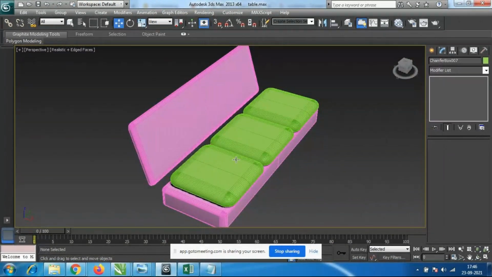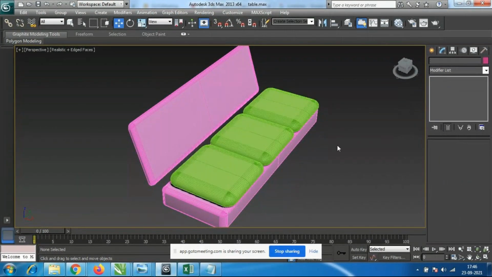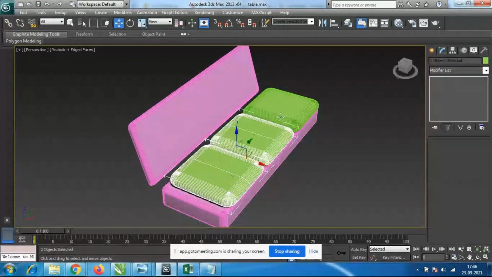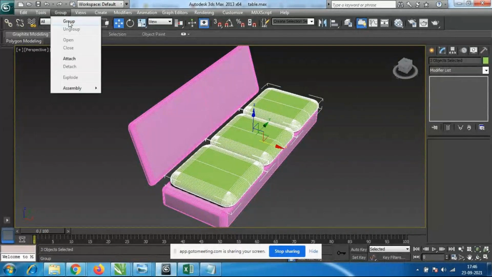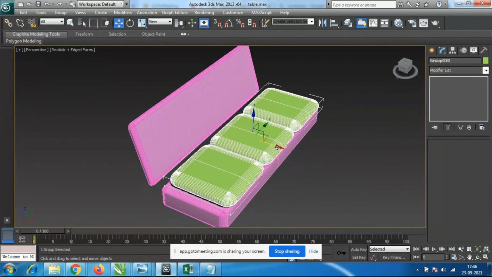So I have to select everything and I have to make it group. I'll use control. First one object I will select, and again I use control and control. So 3 shapes again, it should go back of this. I'll go to group, control G. Now I have grouped this. Others group, there is an option called group. So just go to group somewhere like this only.